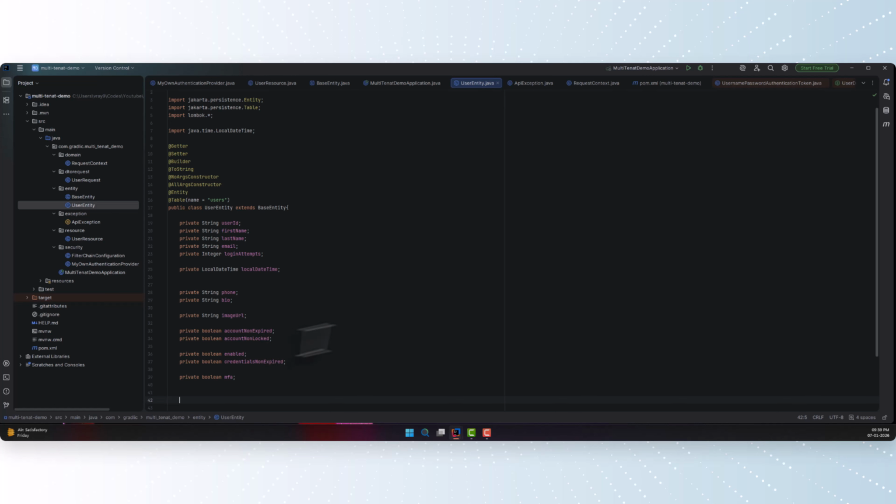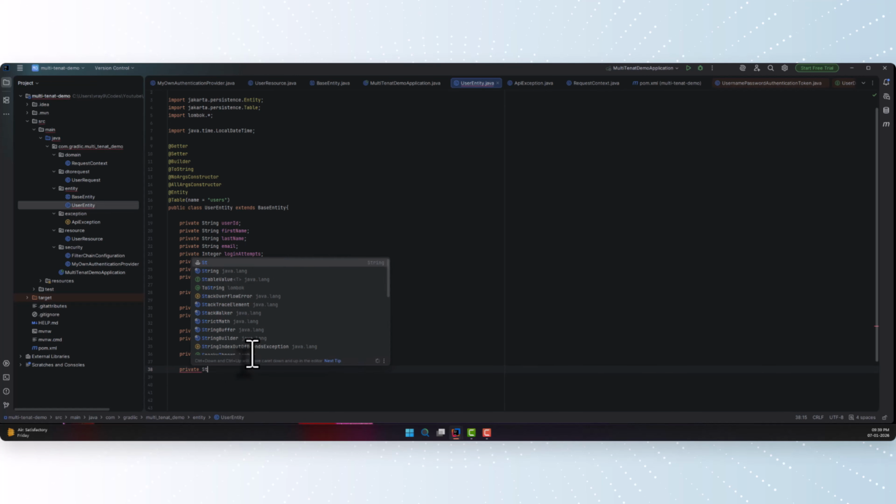For multi-factor authentication we have to keep track of the QR code plus the QR code secret, which will be a really long string. I'll add QR code,